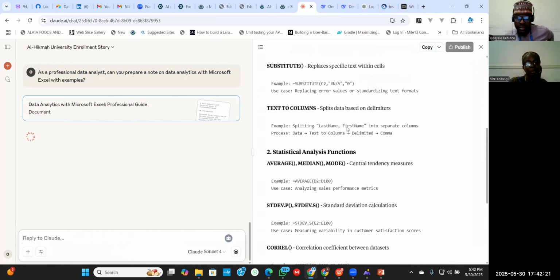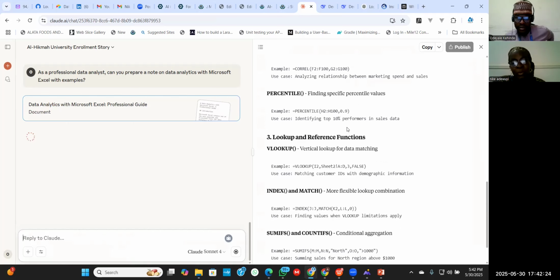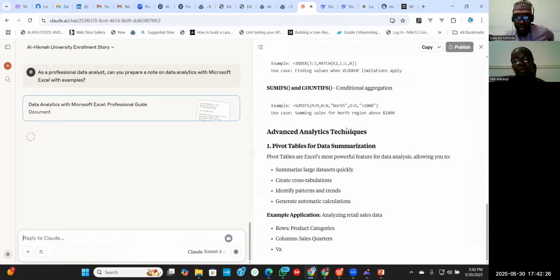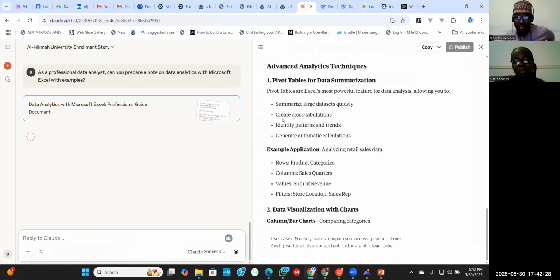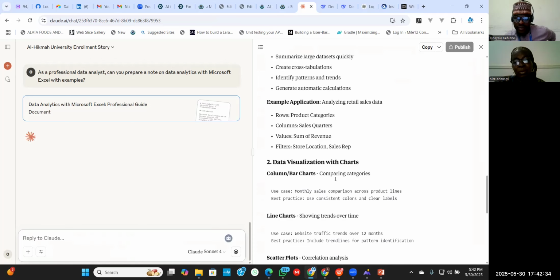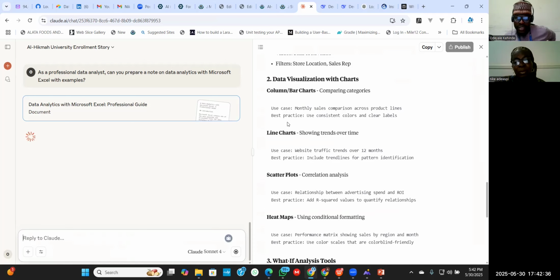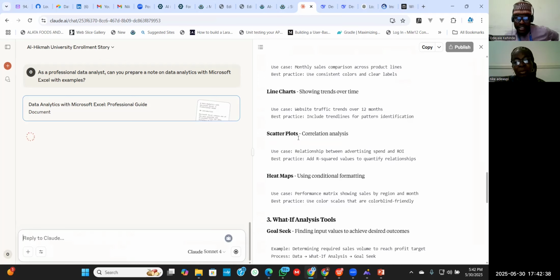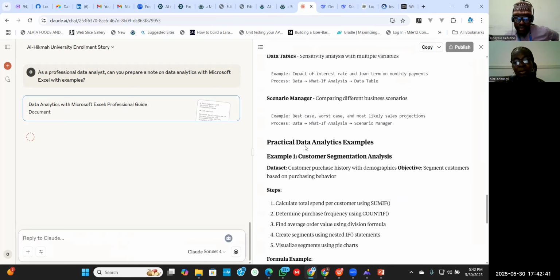You can see pivot tables for data summarization, data visualization with charts. So all these line charts, scatter plot, heat map. So practical data analysis example, customer segmentation analysis.